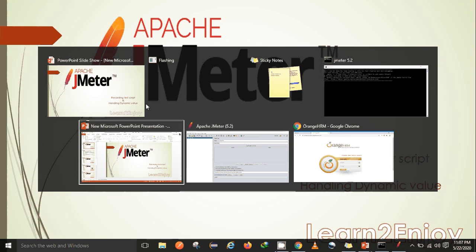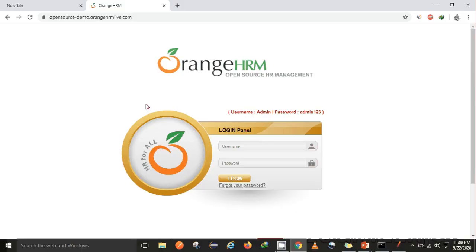So let's go to Chrome. Here I will be showing you with the help of an Orange HRM web application. Before moving ahead, I would like to request everyone, please do not use this website for your exploratory testing or learning with more users. You can try with 1 or 2 users or maximum 3 users, but do not use more than 3 users without their permission. So now let's see how we can intercept the network.